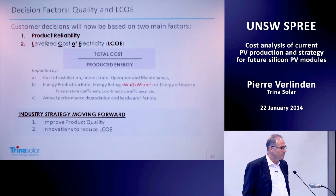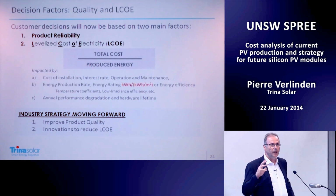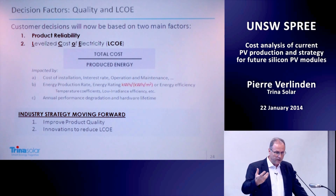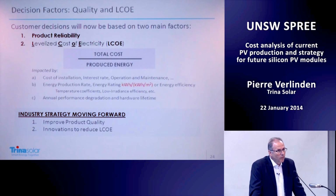Which producer is giving me the best quality module? Which one do I believe gives me a 25-year warranty and that company will survive? So there's a shift in the criteria of selection by the customer. People are looking for quality, reliability, and are certainly much more interested in LCOE, so the levelized cost of electricity. Of course, they all negotiate on dollar per watt. They all want to have the cheapest dollar per watt,